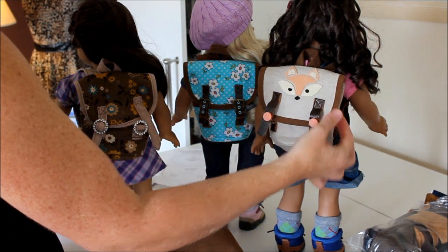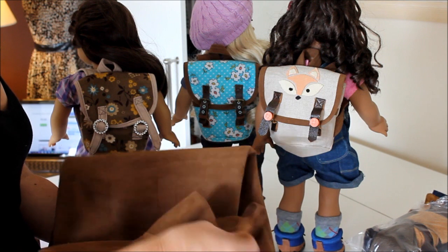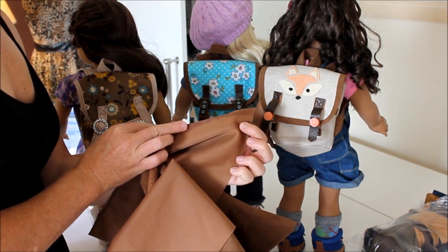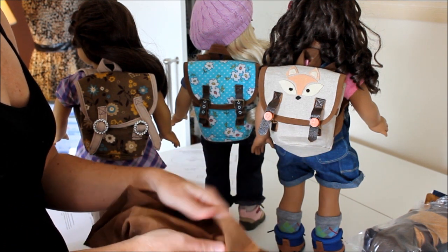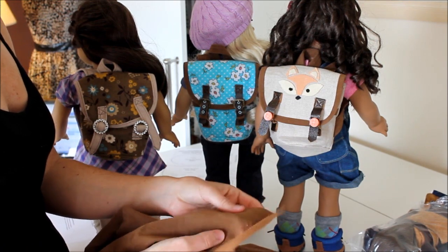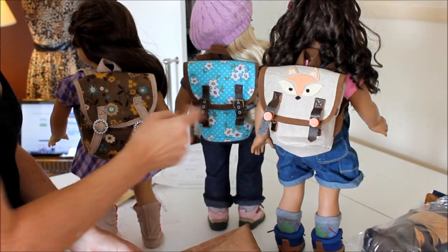But I really like the way the trim looks. This trim is a faux leather. It's not real. You can see it kind of looks polyesterish on one side, and it looks like leather on the other. And it's a little bit stiff. It's not super flexible. It kind of feels like leather, and I really like the way it looked here